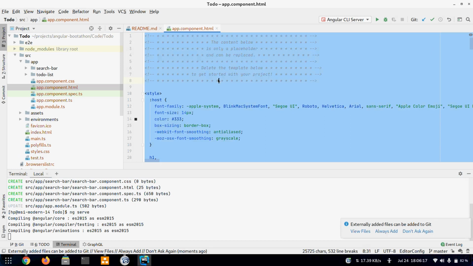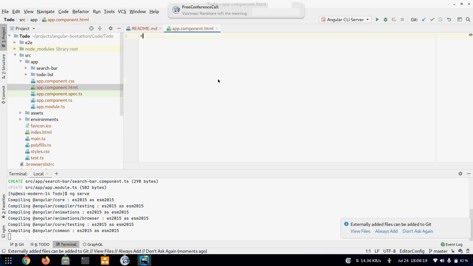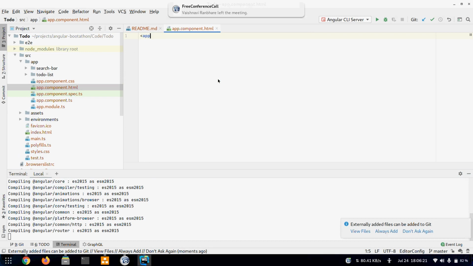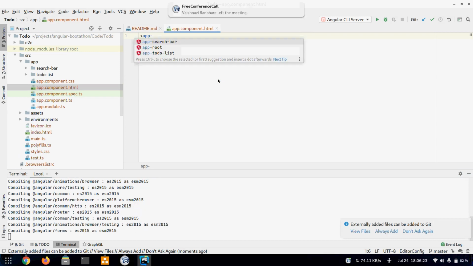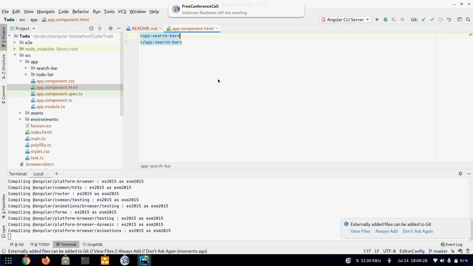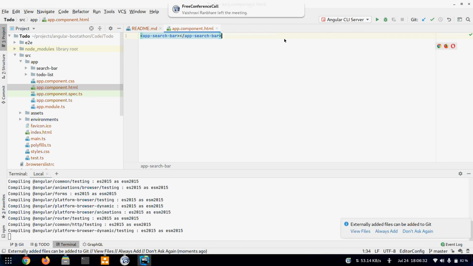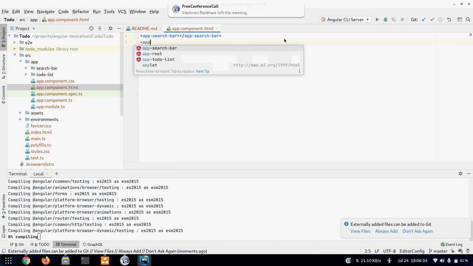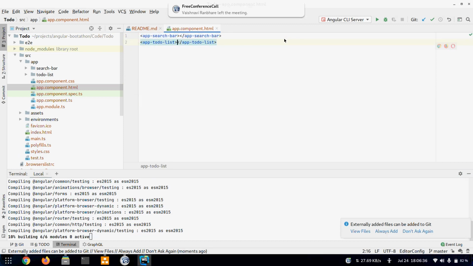We'll remove all the pre code that came with Angular, and we'll just write a search bar on top, and besides that have a to-do list, and save the file.